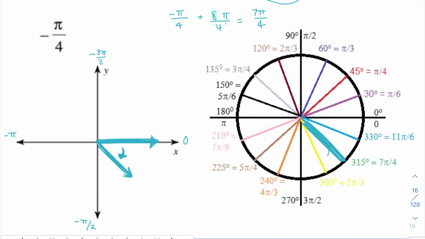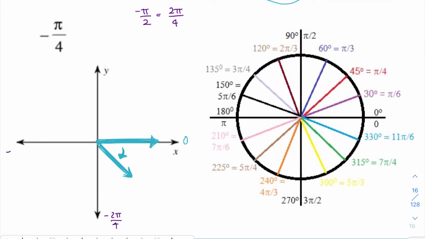So in this case, we just really used the fact that it was on the unit circle to figure out where it was. But actually, what we would want to do, instead of rotating negative pi over 2 every time, is think of everything in terms of over 4. So negative pi over 2 is the same as negative 2 pi over 4. So that's how we're going to do this, right? We're going to go 0, negative 2 pi over 4, negative 4 pi over 4, and negative 6 pi over 4,